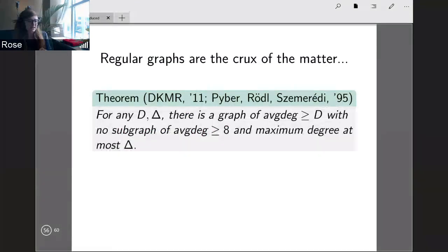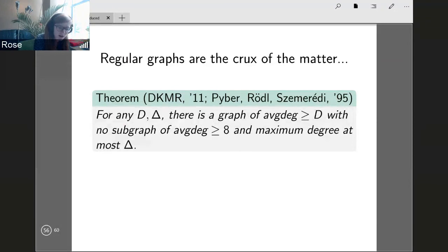Okay, I want to say a little bit more about what makes Thomassen's conjecture difficult. So far, the first part of the talk is about what's known and what are the results. But now I want to talk a little bit more generally about what makes Thomassen's conjecture difficult. And again, it comes down to regular graphs. So I mentioned before that you can't reduce the problem to regular graphs. And now I want to say that it's worse than that. It's actually much worse than that.